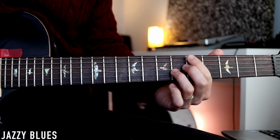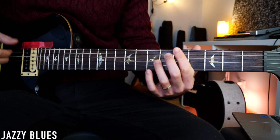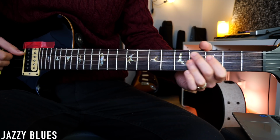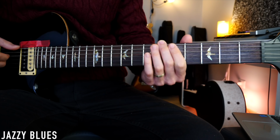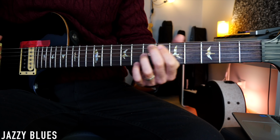Now this blues is definitely more jazzy and I kind of play more over the chords. The progression is slightly different as we also have a turnaround. So A, D, and A. E minor, A and D. Diminished, A, F sharp. B minor, E7, and